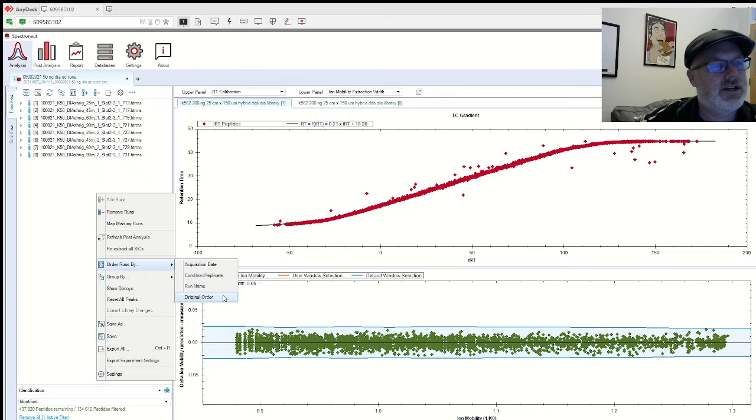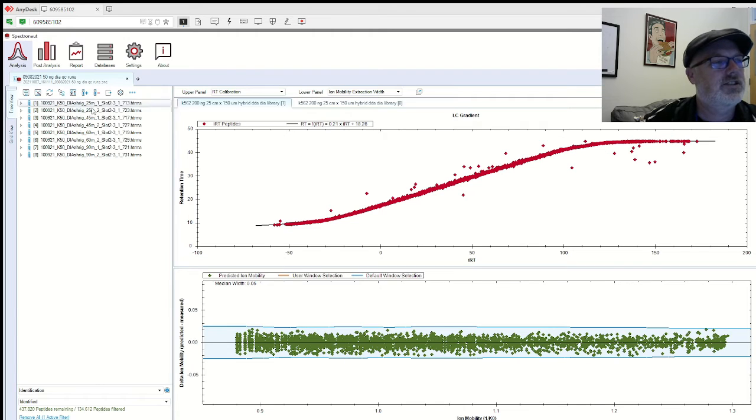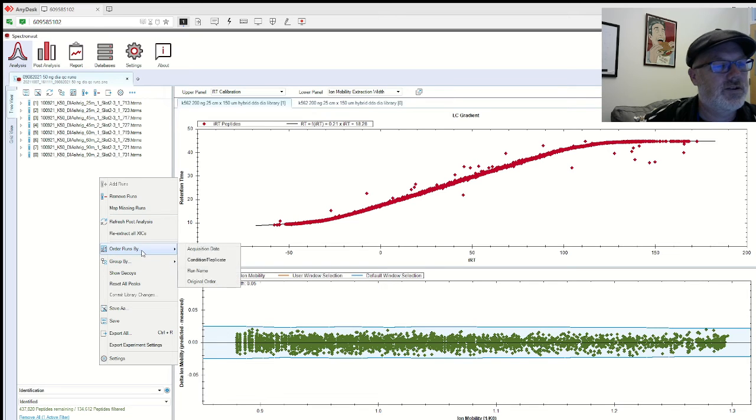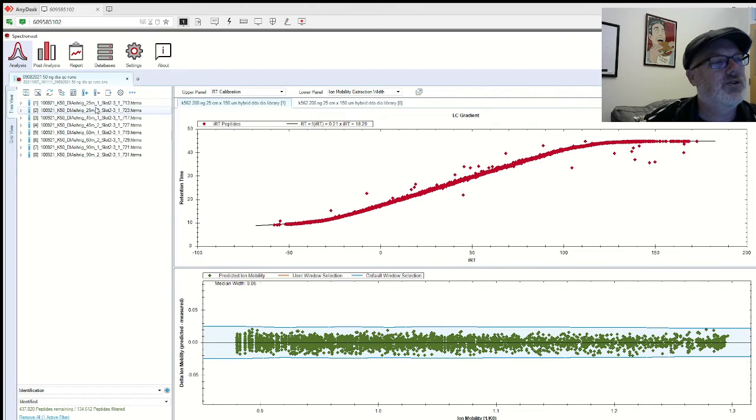You can also order runs by original order, which is 25, 45, 60, 90. Order runs by condition, replicate, analysis date, group by. We'll go through group by later. Okay, so we've ordered by condition: 25, 45, 60, 90. If you click on this little arrow,